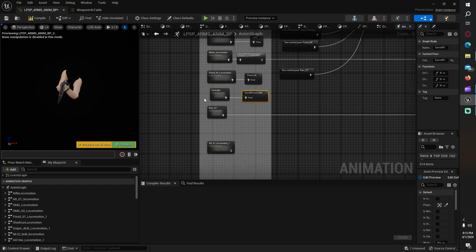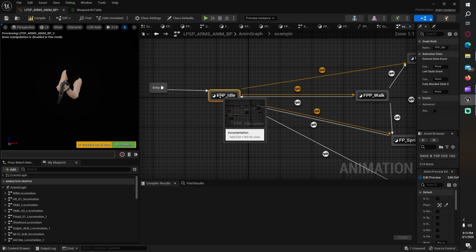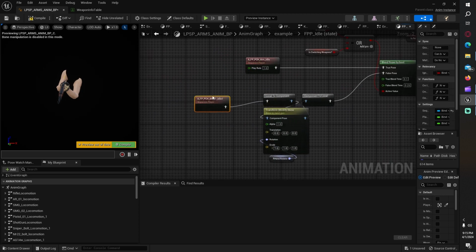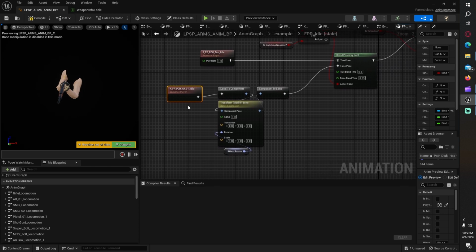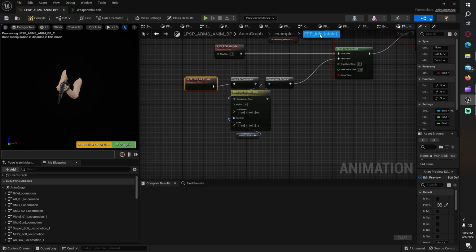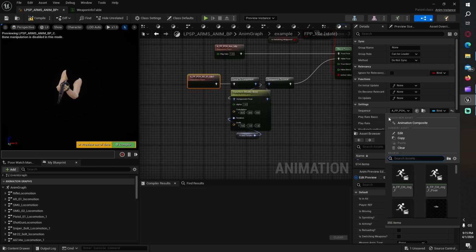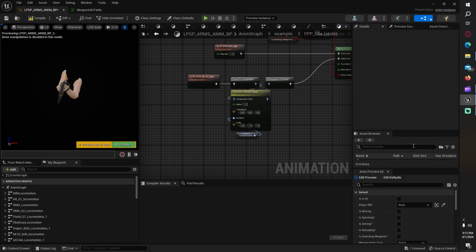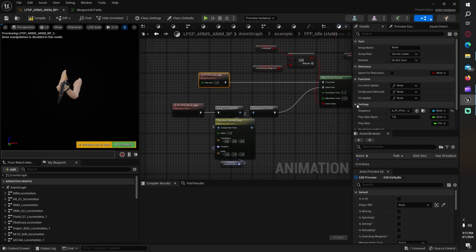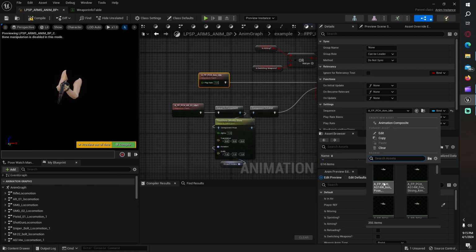These are now the exact same. And inside of this, you'll see you've got a whole state machine. This is where you're going to change the animations that we've retargeted for the locomotion. So running, sprinting, aiming, idling, jumping, stuff like that. So now that we're in our example and we're in idle, grab your idle animation, whatever you want for idle, and just change it here. Go to sequence, change it to your new retargeted animation, whatever you named it, whatever your ADS, you can go ahead and change it to whatever ADS